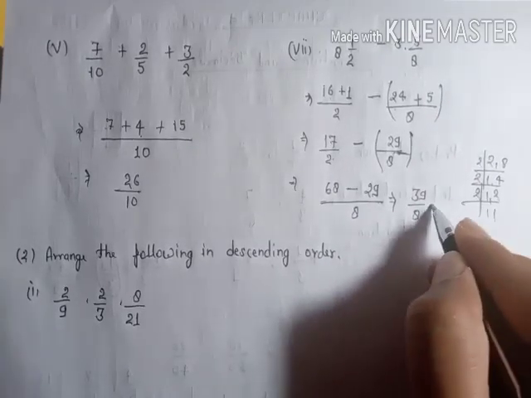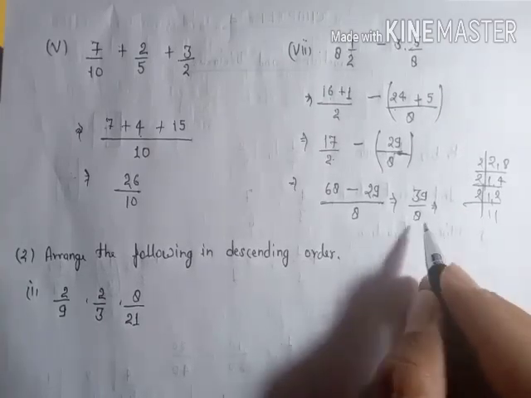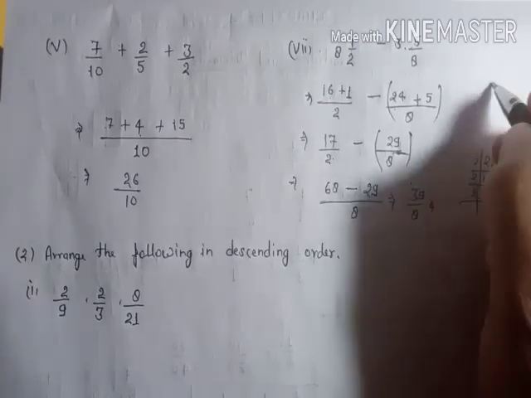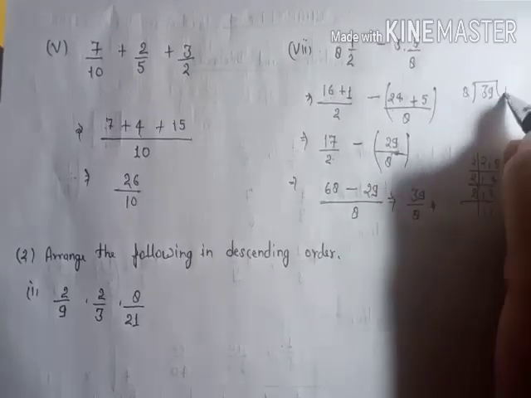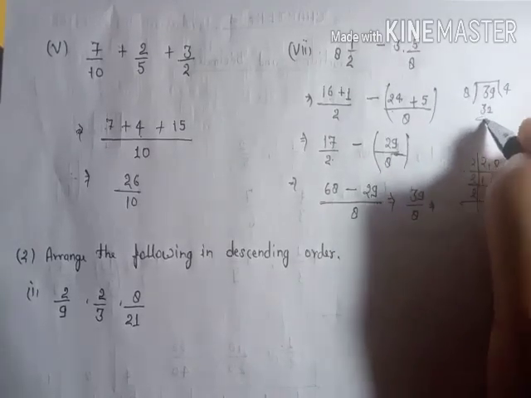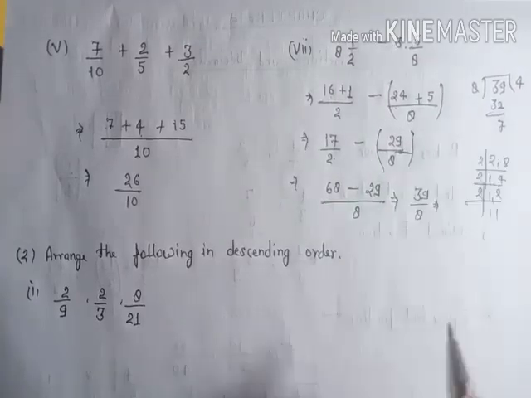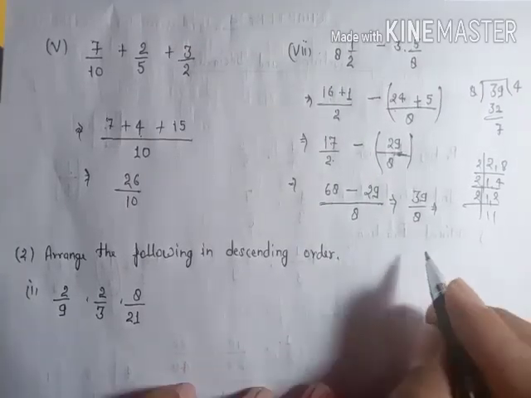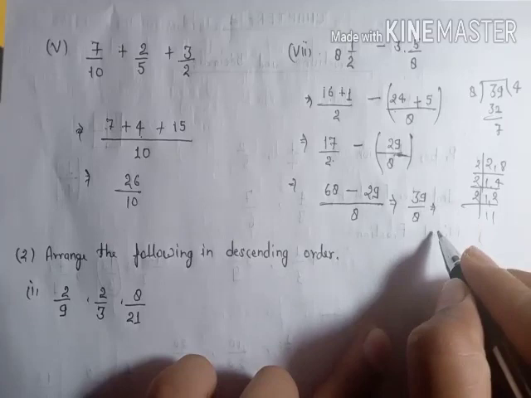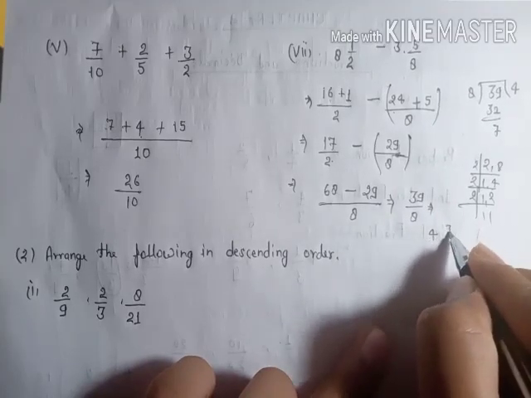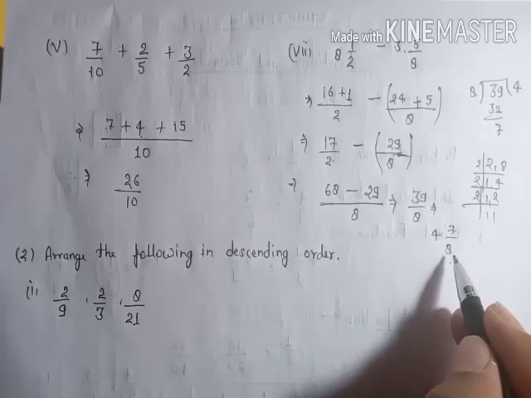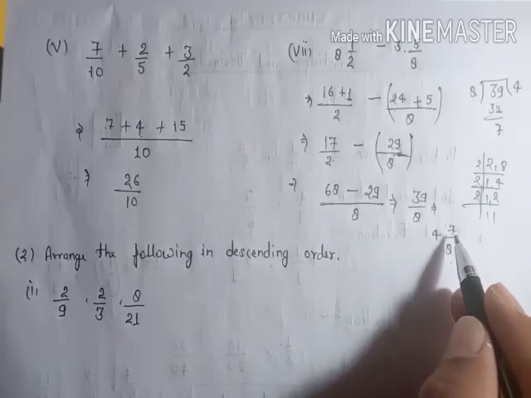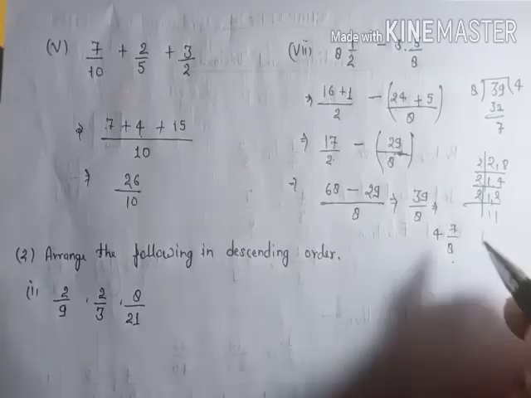And you can make it a proper fraction. How to make that? Divide this 39 by 8. 4 eights are 32. What is the remainder? This is 7. So you can write here, it is 4 whole 7 upon 8. Now you can see 8 fours are 32 and 32 plus 7 becomes 39. So this is your answer.